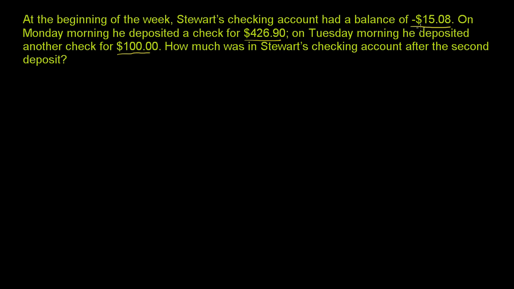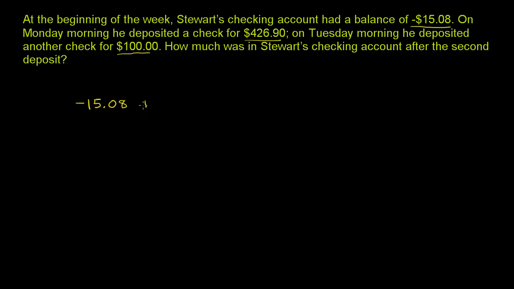So he starts off with a negative balance. A negative balance means that he's overdrawn his checking account. He actually owes the bank money now. Luckily, he's now going to put some money in his bank account, so he'll actually have a positive balance in his checking account. So he starts off with negative